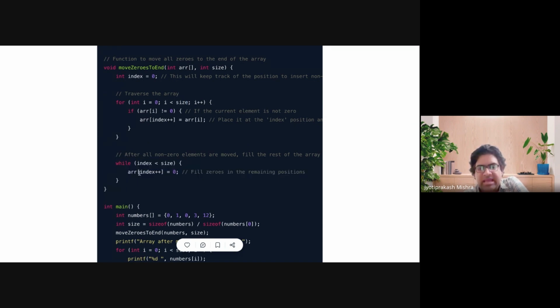और एक लूप चलाना है इंडेक्स से लेके साइज तक और सारे वैल्यूज को जीरो सेट कर देना है. क्योंकि सारे जो पॉजिटिव वैल्यूज नॉन जीरो वैल्यूज थे वो तो बाएं तरफ आ गए, तो जहां पे इंडेक्स रुक गया वहां से लेके एंड तक तुमको जीरो सेट कर देना है. तो सारे जीरोस राइट में आ जाएंगे. ठीक है,